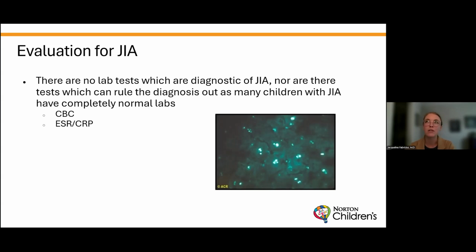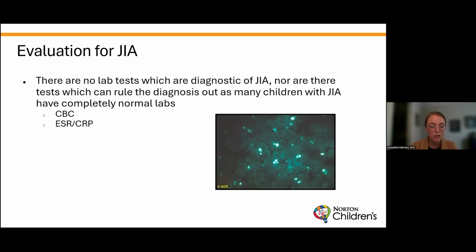So if there are significant cytopenias, not only are you going to be worried about leukemia, but you may also be worried about lupus. If there's significant anemia, you may be worried about inflammatory bowel disease. Patients with JIA either have normal CBCs or a little bit of leukocytosis and thrombocytosis. Okay, so the CBC is not for the diagnosis of JIA, but to think about other conditions that could present